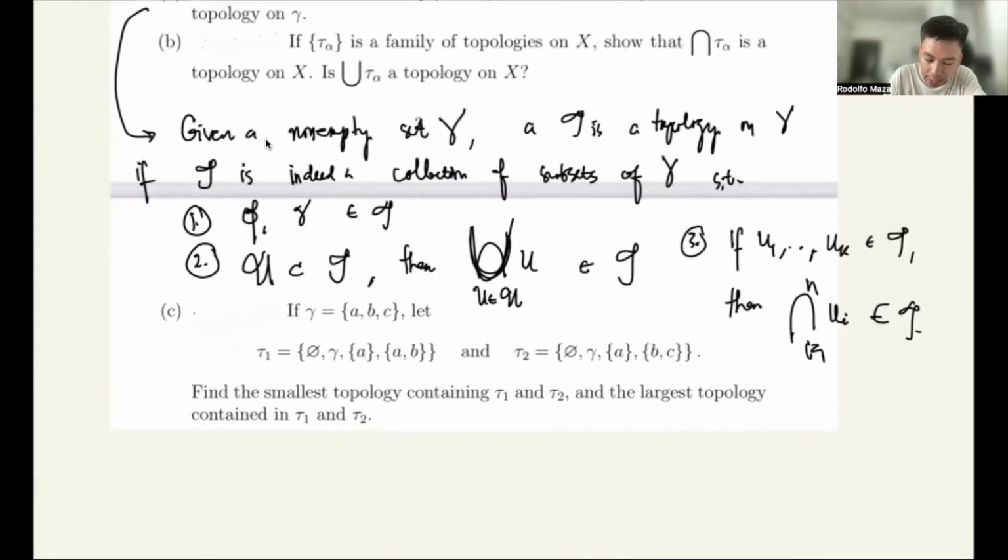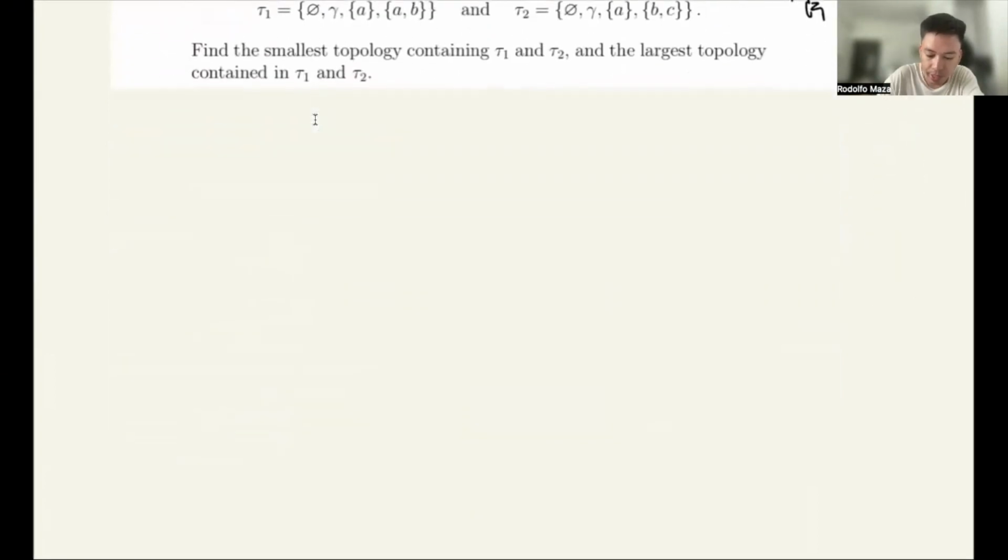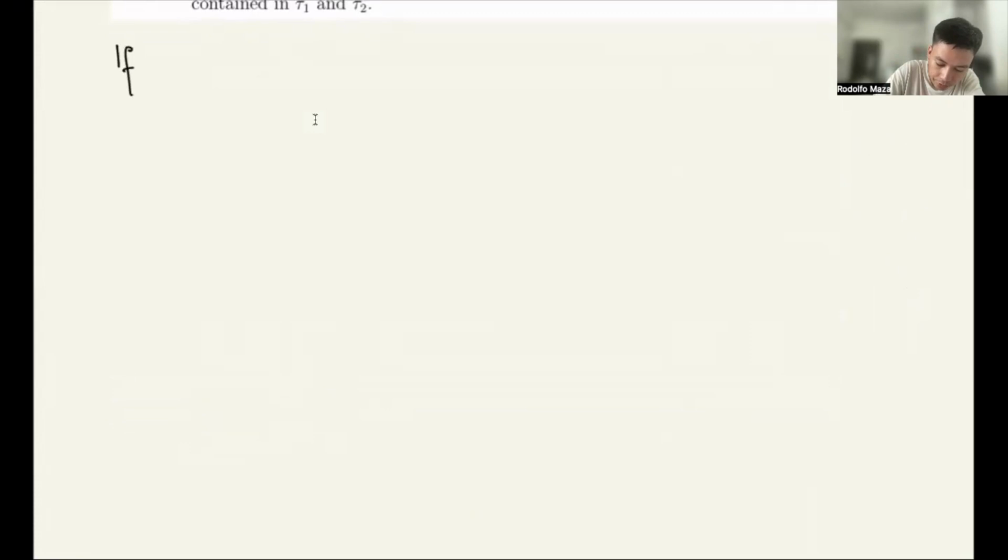Okay, for letter B, if tau sub alpha is a family of topologies on X, show that the intersection of tau sub alpha is a topology on X and is the union topology on X. Sige, sige. How do we prove that? Okay. So if this one is equal to tau sub alpha, so anong ibig sabihin nito? 'Di ba si tau sub alpha is topology na? Kasi 'di ba